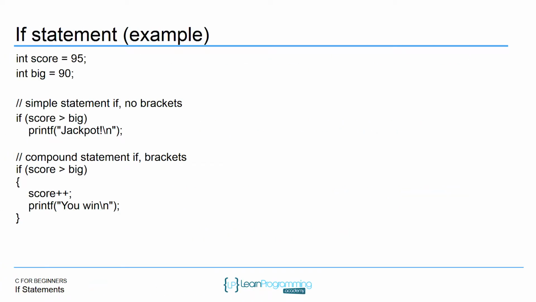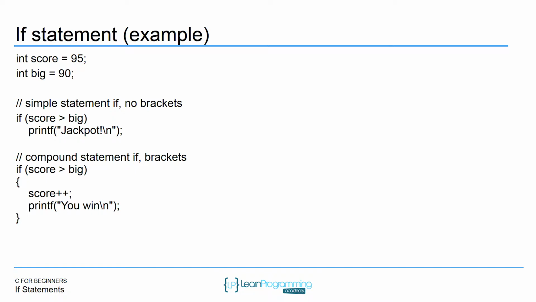Here's an example of a common if statement in the C programming language. In this case, we're declaring two variables, one named score and one named big. Score is 95, big is 90. Here we have an if statement, just a simple statement in the body, and it has no brackets. And basically we're saying if score is greater than big, score is 95, so if 95 is greater than 90, it's a Boolean expression. It's going to evaluate to true in this case,